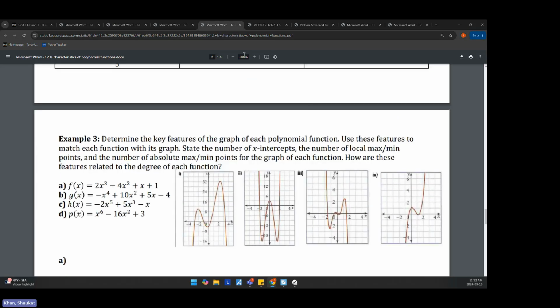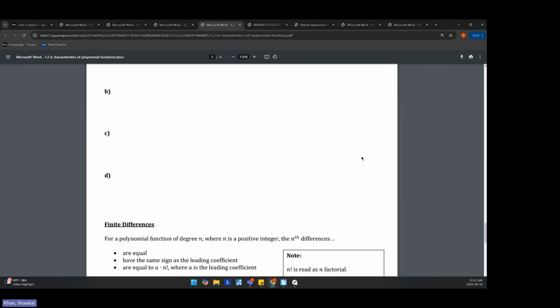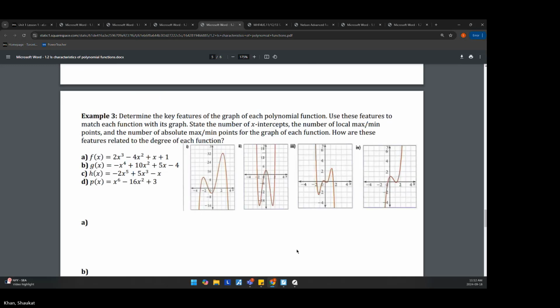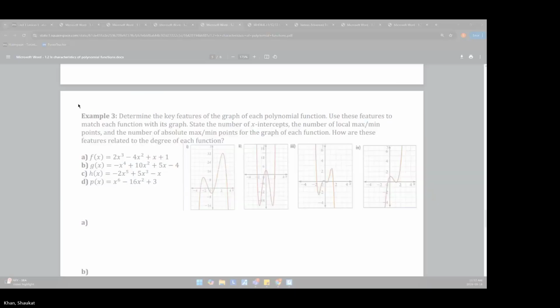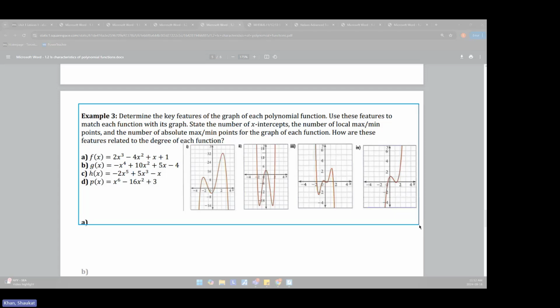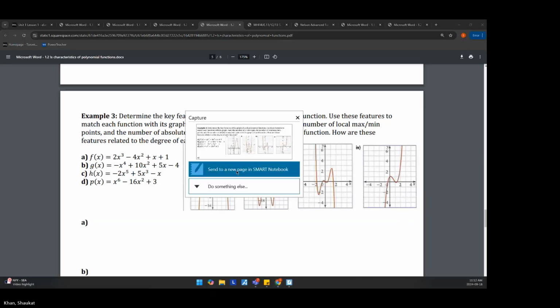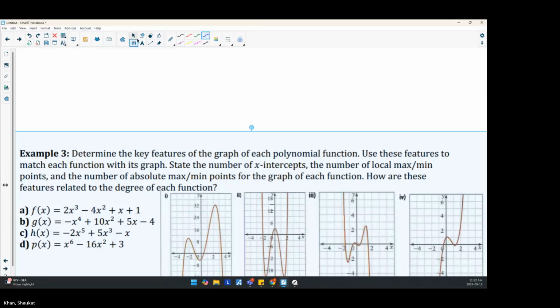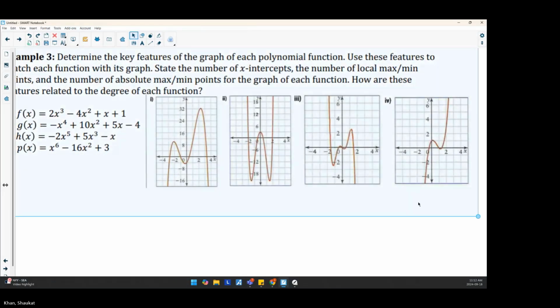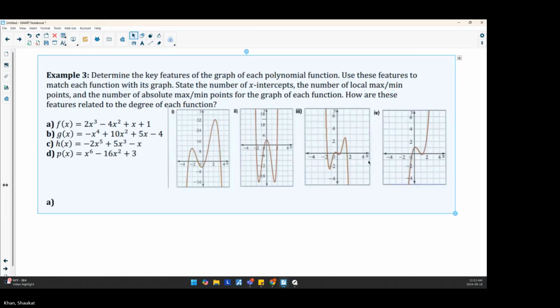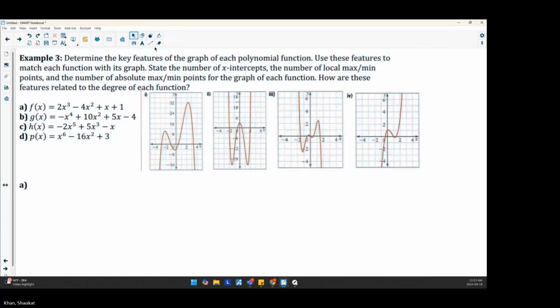All right, I think we're going to do the last question now for this live session. Let's see what they're asking. Determine the key features of the graph of each polynomial function. The key features of the graph. Use these features to match each function with its graph. State the number of x-intercepts, the number of local max and min points, and the number